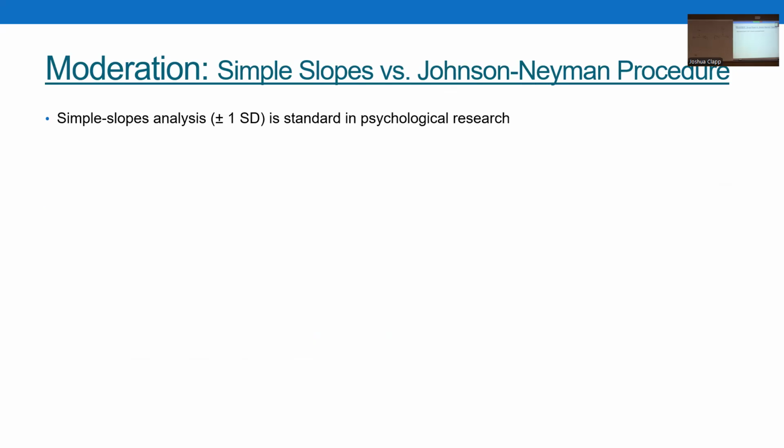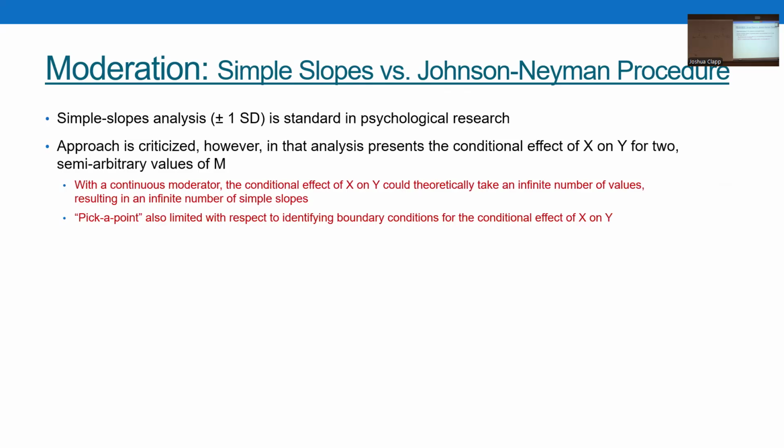Okay. So what we've gone through up to this point is our standard sort of simple slopes approach. And this is pretty standard psychological research. What we'll do is take our moderator and look at a standard deviation above and below, and just run the simple slopes that we're all familiar with. Okay. People have criticized this approach though,